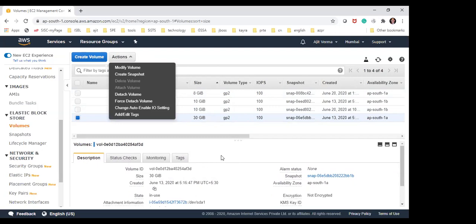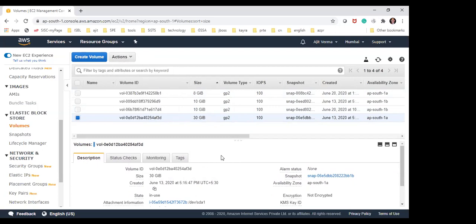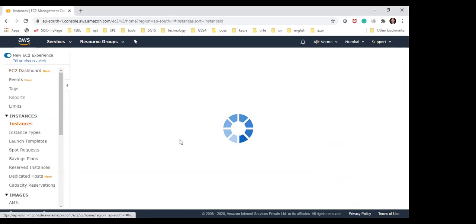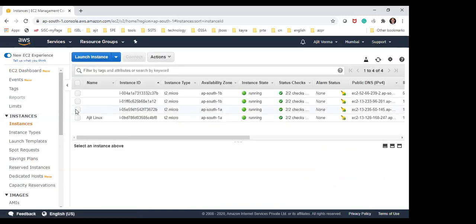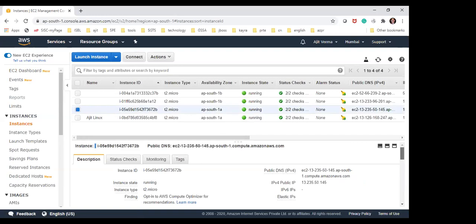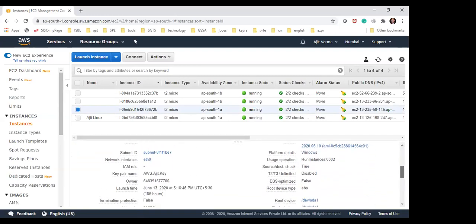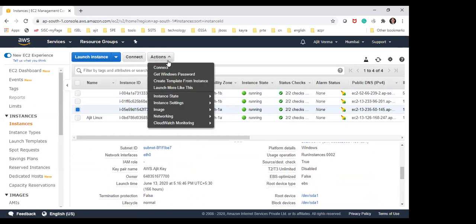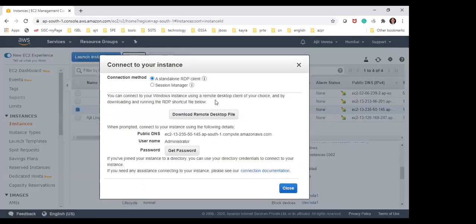You want me to add another EBS volume to Windows? Create one Windows instance, create a volume and add the volume. No, you delete this first, or you keep it. Let us attach this volume itself. I think I have Windows. I'll just quickly check. One of them is Windows. Yeah, correct. This is Windows. So I can add now in this, edit or something. Just go and connect to it. Maybe that 30 GB belongs to this disk or something. We don't know.